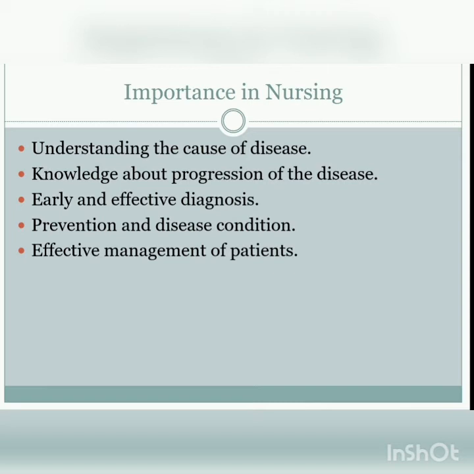The knowledge of pathology will equip each one of you to understand the patterns and classification of disease, and to understand the basic nature of disease, like is it inflammatory, degenerative, hemodynamic, infective, autoimmune, or neoplastic. You might find these words mind boggling, but in the subsequent lectures we'll come to know what these terms mean. Then you come to know about the progression of the disease. When you understand the morphological changes, it helps you understand the progression or the regression of the disease.